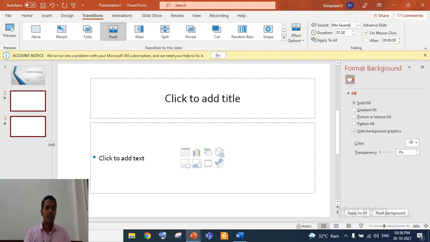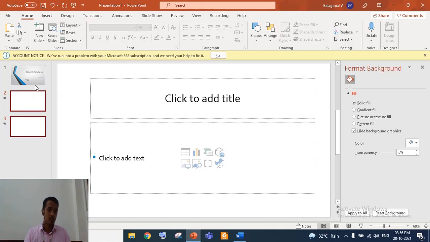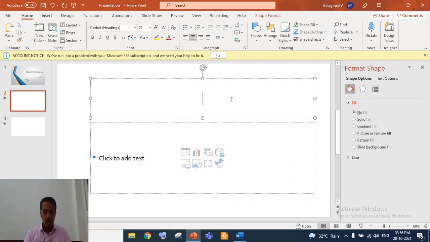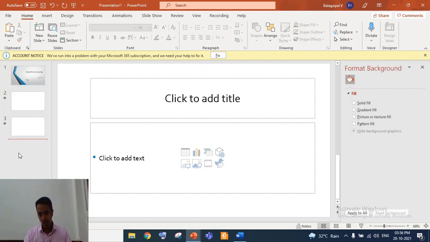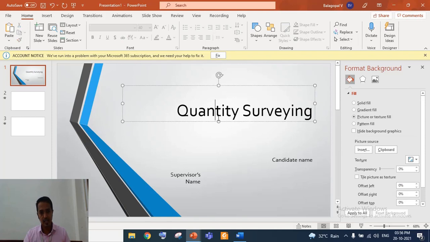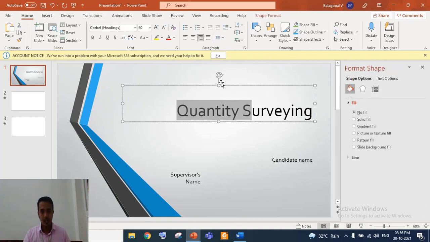And in addition to that, if you want to change the font, as I told again, in the guidelines it is mentioned that you have to use Times New Roman. Font means the letter style. I hope you are aware of the meaning of font. For example, here the font given is Corbel.